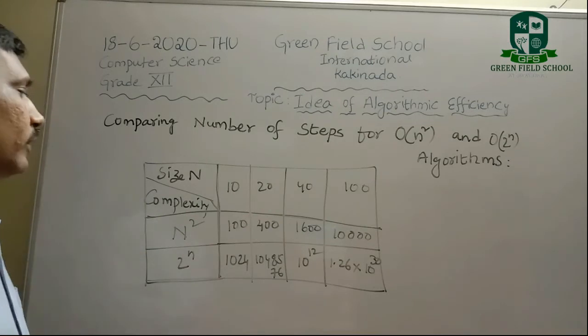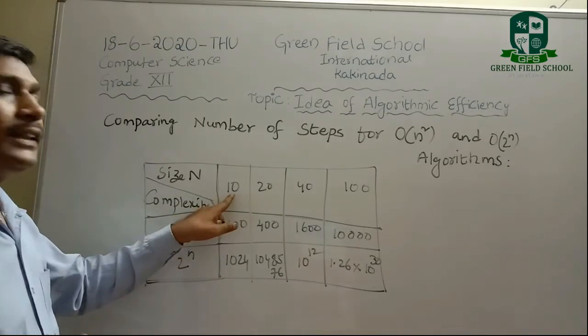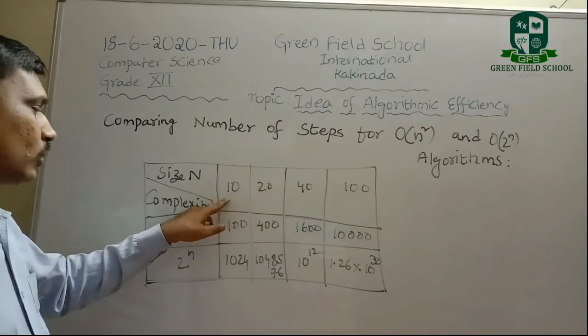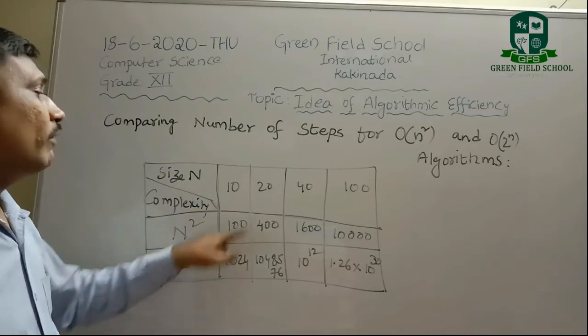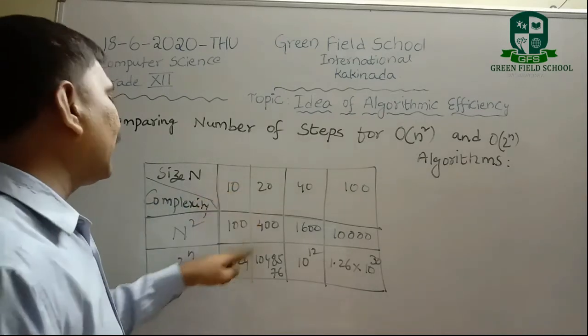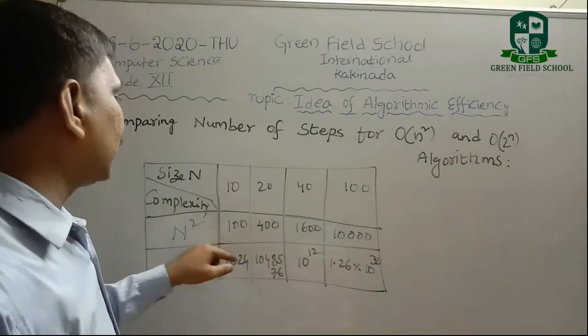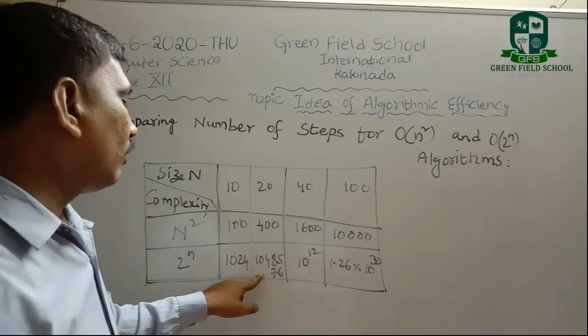Which one is the best one? So here, in the order of n, when n is 10, then n square is 100. When n is 10, 2 power 10 is 1024. When n is 20, we calculate n square, 20 into 20, is 400. When n is 20, the value of 2 power n is